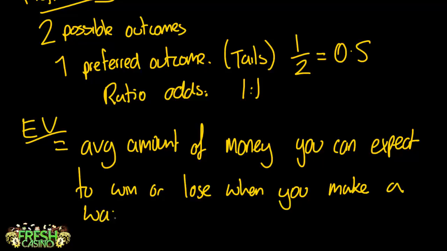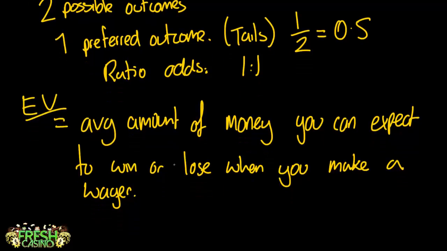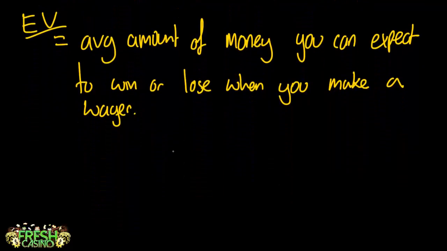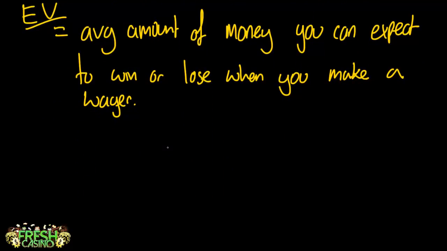I'm sorry for going over that in such detail, but it's really crucial when you're learning about new concepts, especially ones that can be hard to wrap your head around, such as EV, that you have the definition in mind and keep going back to it, even when you're doing the basic examples. Unless you have it ingrained in your mind, it's going to be really hard when you get to more complex and real examples, especially when you're in game.